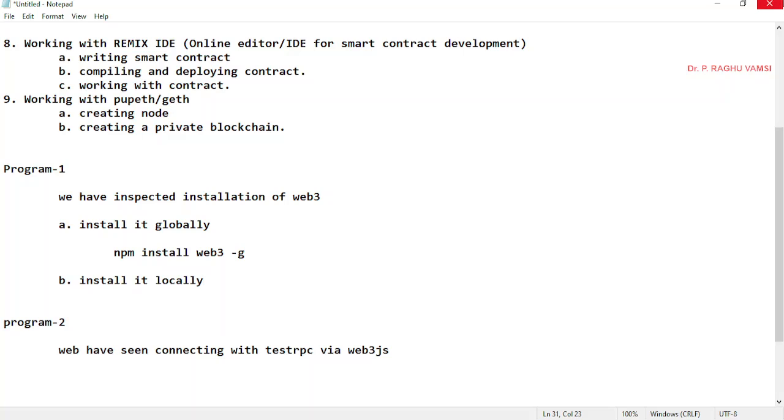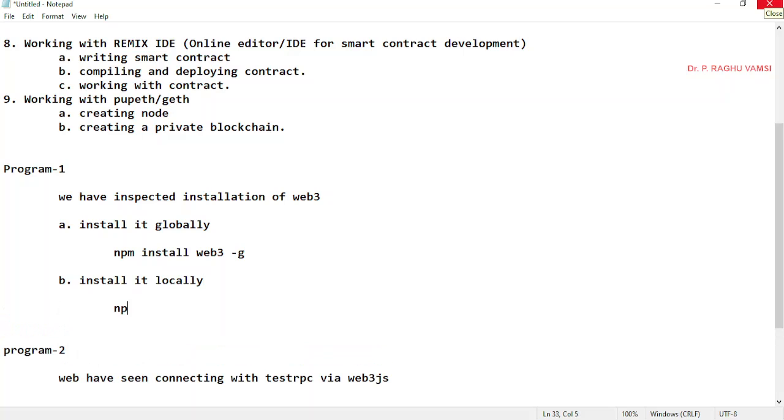Next one is local installation, npm install web3, simply web3. Now, if you are working on the Linux operating system under the normal mode, then you are supposed to use sudo. For local installation, sudo is not required, that is, root user permission is not required, whereas in case of global installation, you are supposed to install it with root user permission.